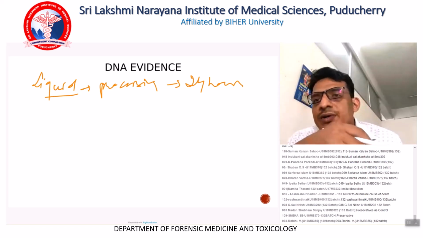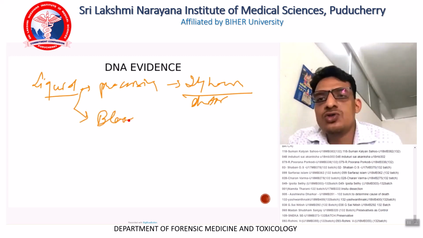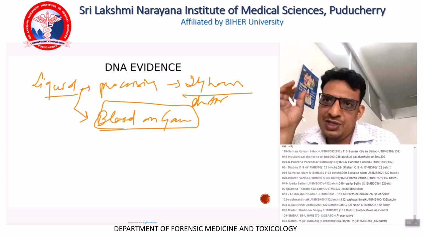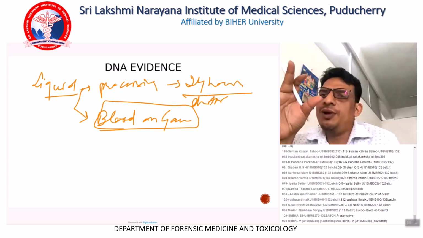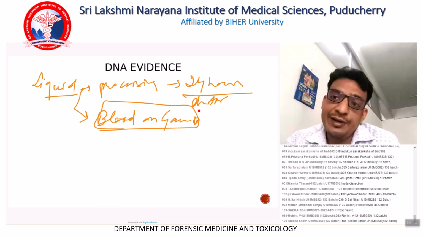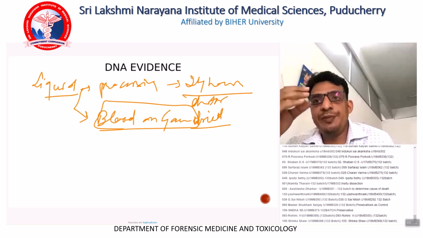So we have devised a separate technique known as blood on gauze. We dry the blood on a gauze piece. Spray some 1 ml to 2 ml of blood on a gauze piece, and it should always be dried. It should not be kept inside an envelope in a wet state. If you keep it wet, fungus will grow and it will deteriorate. So, dried blood on gauze. Third thing, paper.